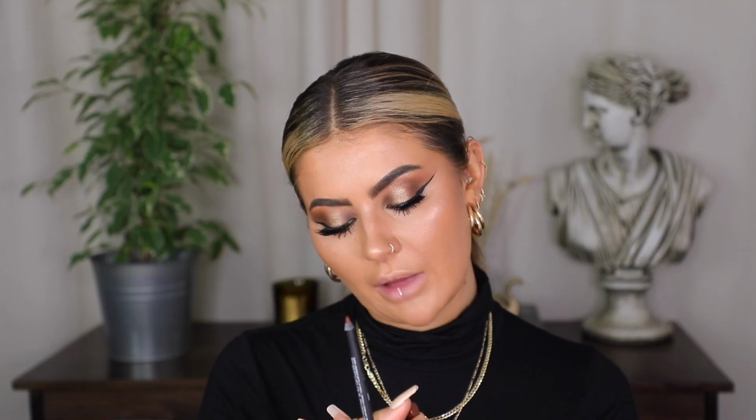Velour Extreme Matte Lip. I'm going to say that again. I forgot what